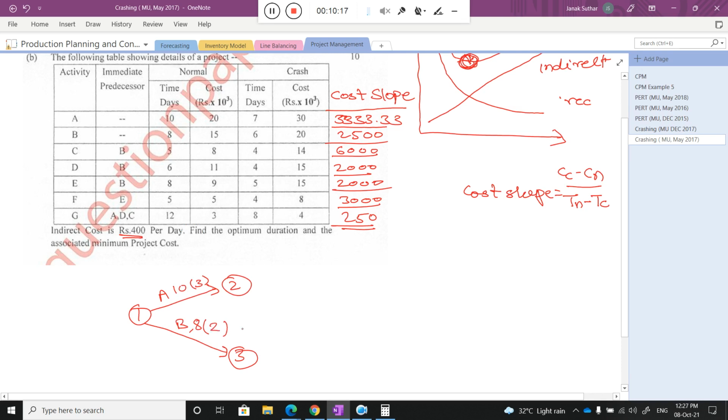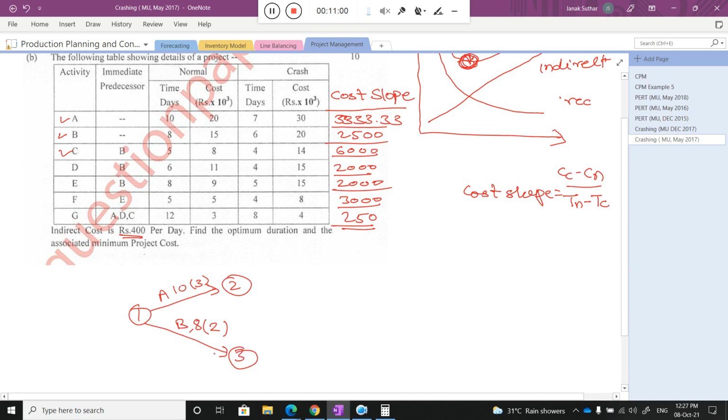8 days, and with respect to the time I can reduce, that is 1 day, 2 days, I'm sorry, 2 days. Okay, now when I talk about activity C, what is the precedence? B must be complete, then only I can start activity C, right? When you draw a network from such a table, you need to think that I will start activity C at the ending of B. This node shows the ending of activity B, so I can start C from this point.